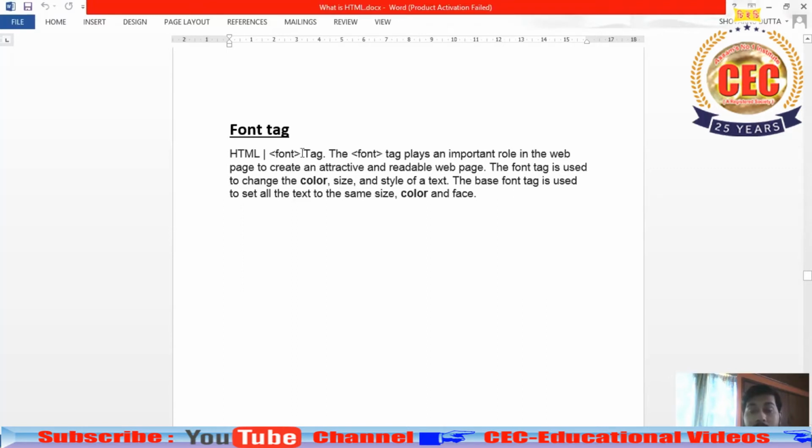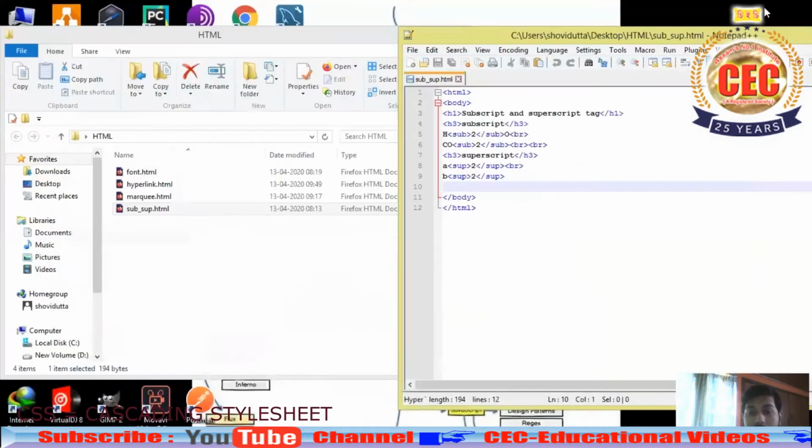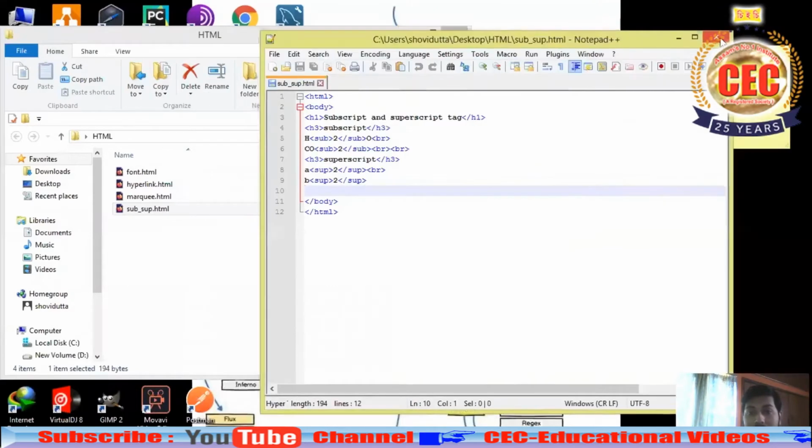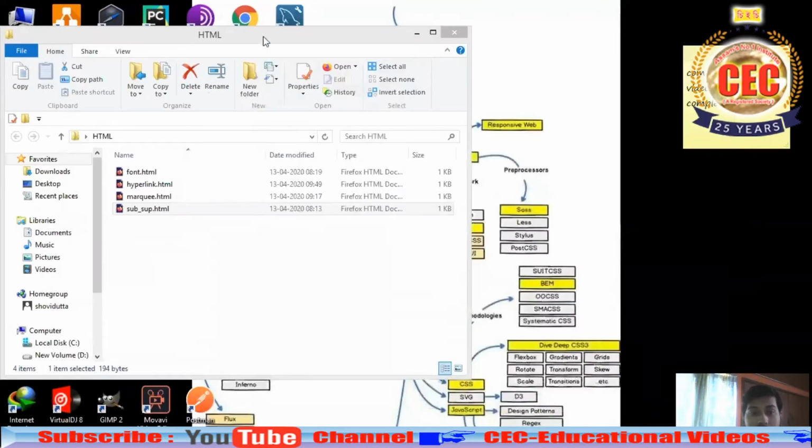It has been removed from your HTML5 versions. HTML5 and onwards, the font tags won't be applied. So you have to use CSS to format your texts.